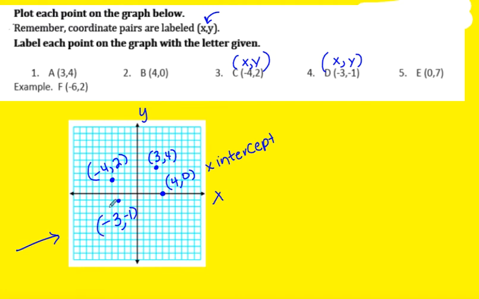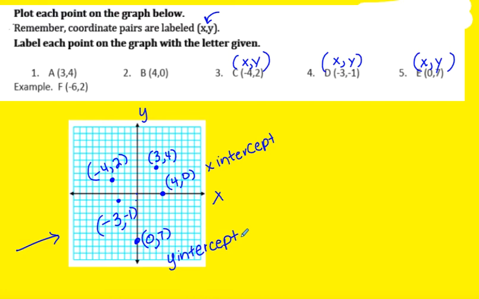Now, if this is confusing to you, go back and try again. Rewatch. All right, 0, 7. An x of 0, a y of 7. So I'm going to go, x of 0 would be right here, and then I'm going to go down 7. 1, 2, 3, 4, 5, 6, 7. That is right on the y-axis, and that point, 0, 7, we call the y-intercept, the point right on the